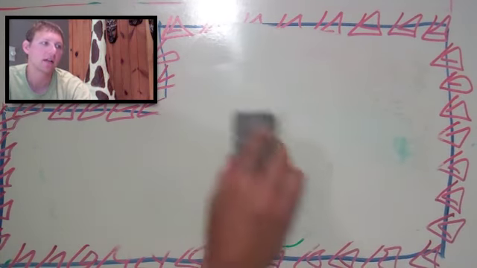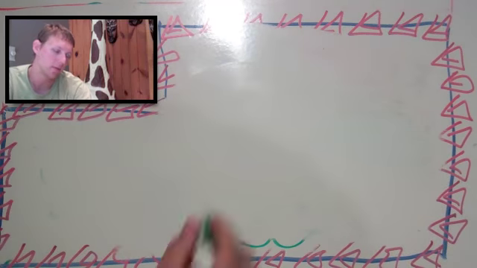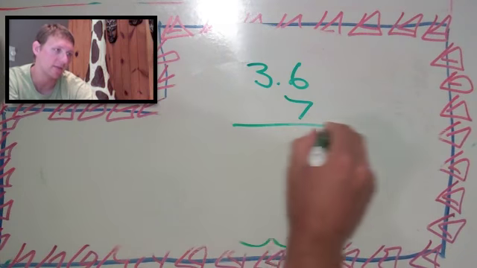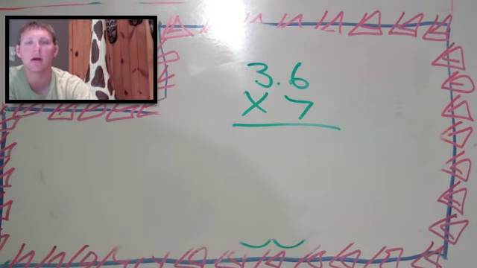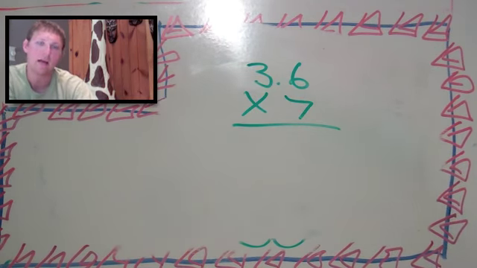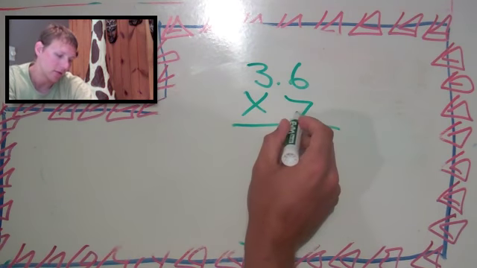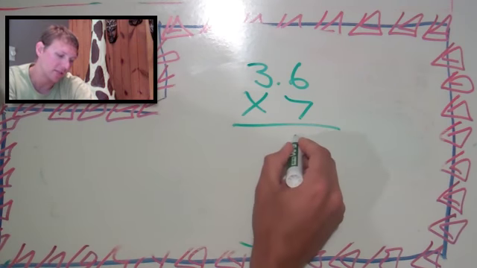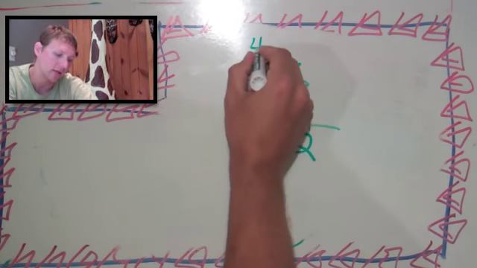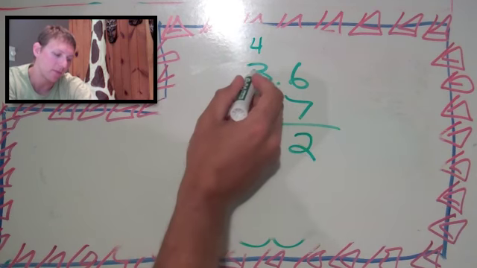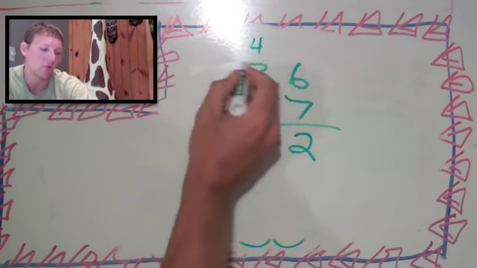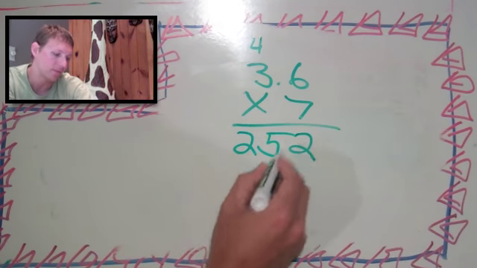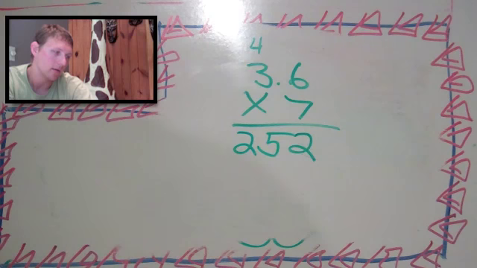For problem 2, let's look at a decimal and a whole number. We have 3.6 times 7. Again, line them up correctly, ignore the decimal, and multiply. So we've got 7 times 6, which is 42, so we'll take the 2, carry the 4. 7 times 3, which is 21. 21 plus 4 is 25, leaving us with